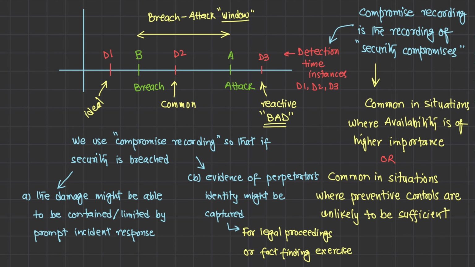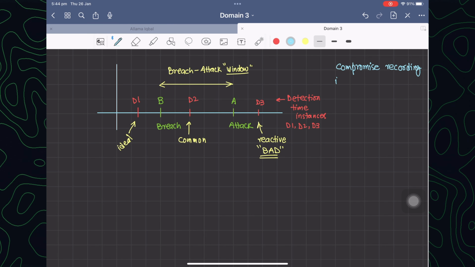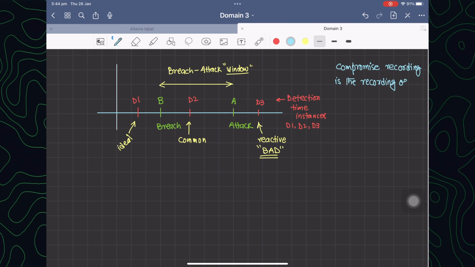And D3 is where we have reactively discovered a breach when the attack is in progress or when the attack has already happened, which is really bad. We should not be at the stage D3. Now this window is very important. This breach attack window, B2A, is very important, and